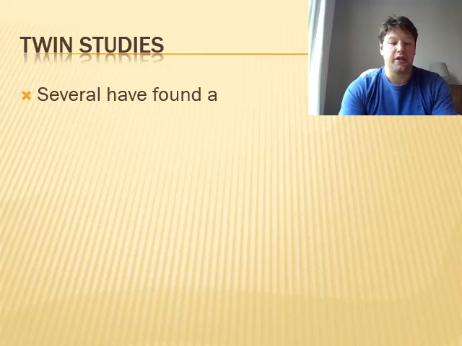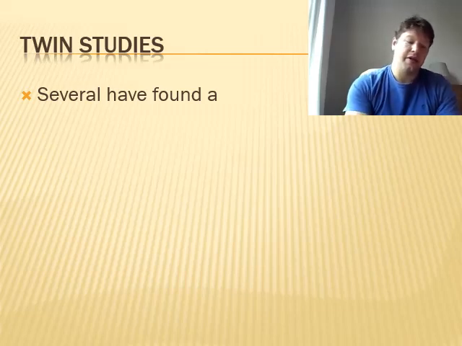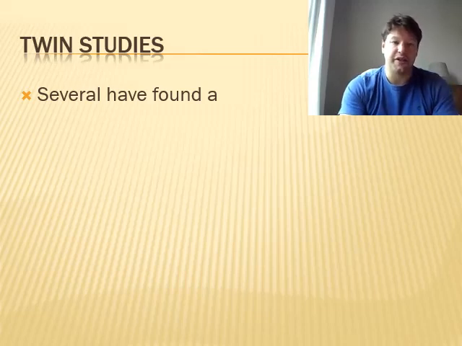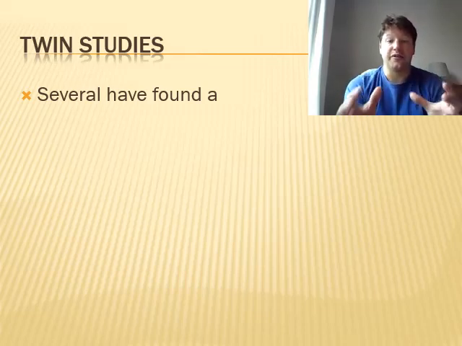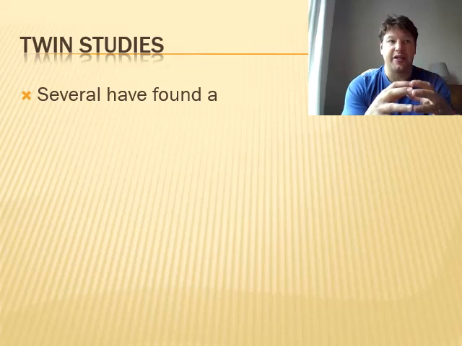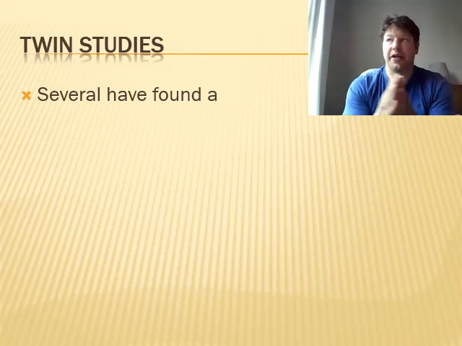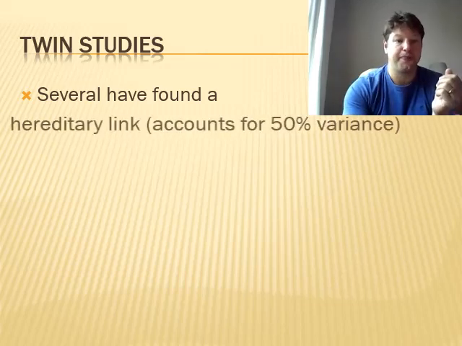What it's saying here is that when we look at twins, if one twin is aggressive, then the other twin should be aggressive and vice versa. And what we're saying is a lot of studies have found 50%. So it's not super. 100% would be better for proving the biological explanation, but 50% is still pretty high.